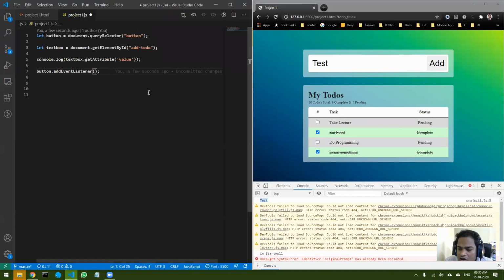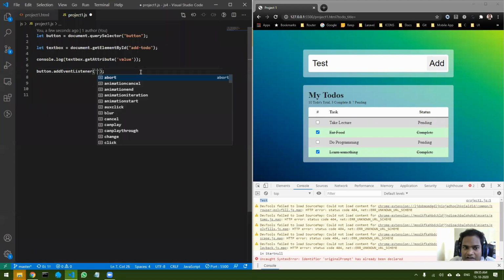There are a lot of different events, like mouse over. Mouse over means when you bring the mouse on top of it. You can have mouse out, which is when you take your cursor out of the element. You can have click, which is basically clicking on that particular element. Then there is mouse down, mouse up. There are many events, but I want to use the click event.